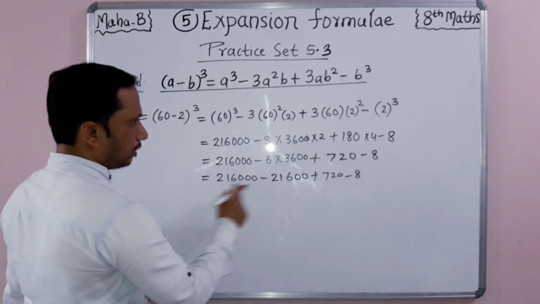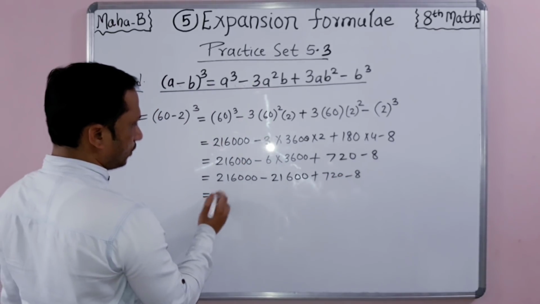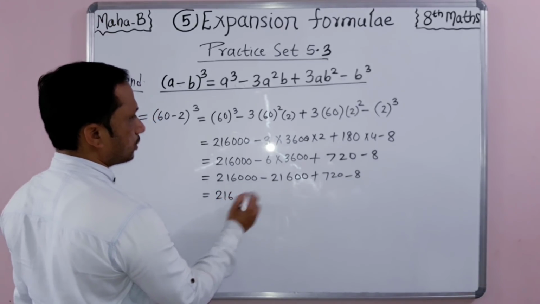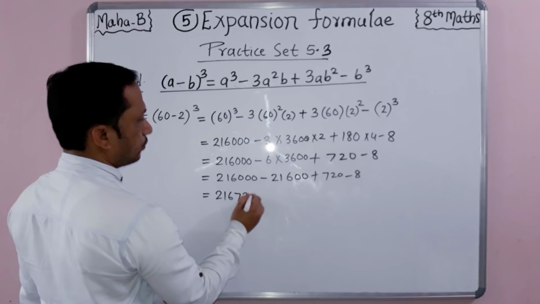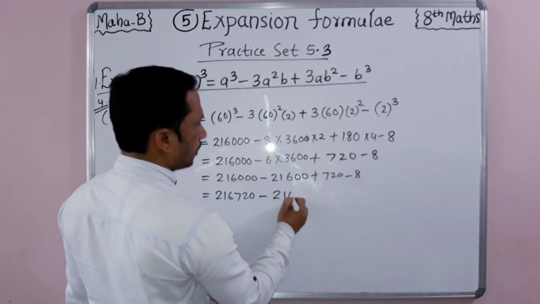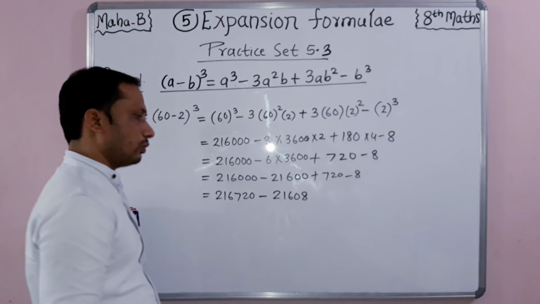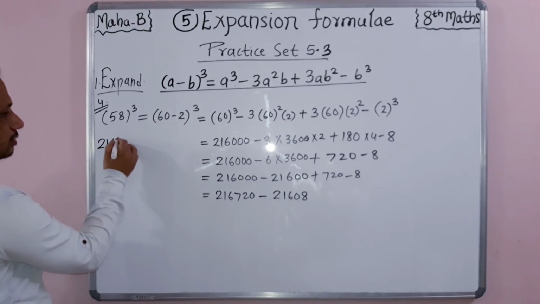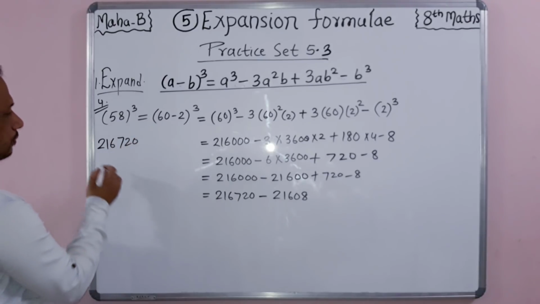First of all you add these two. Okay students, so what will be the addition of these two? This and this. This is the addition. So what is that? 216 and this 720. Okay, minus, you can add this, so you will get 216,728. Okay, now do the subtraction. See students, 216,720, you have to subtract minus